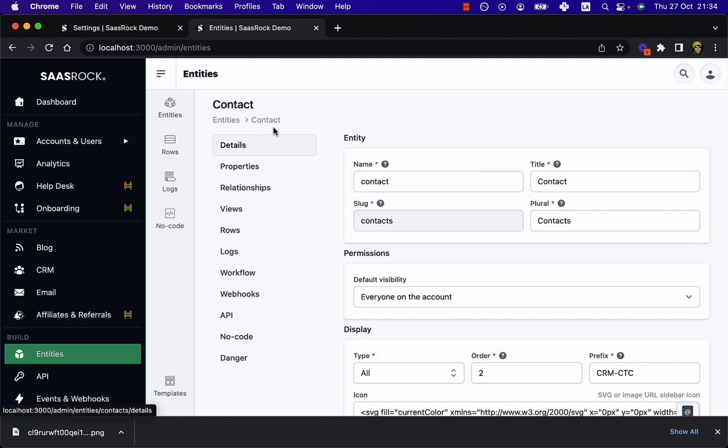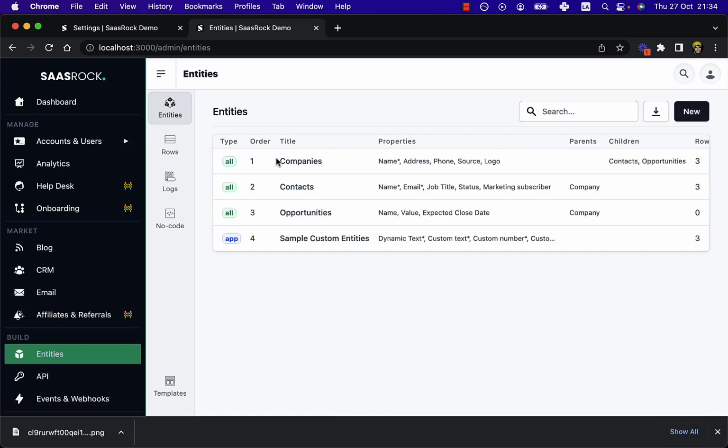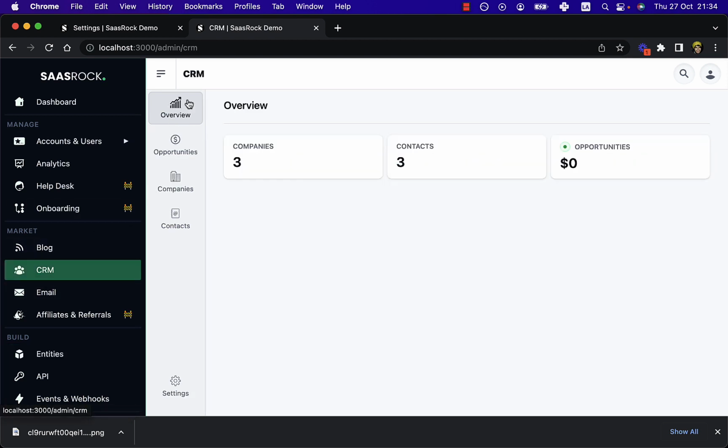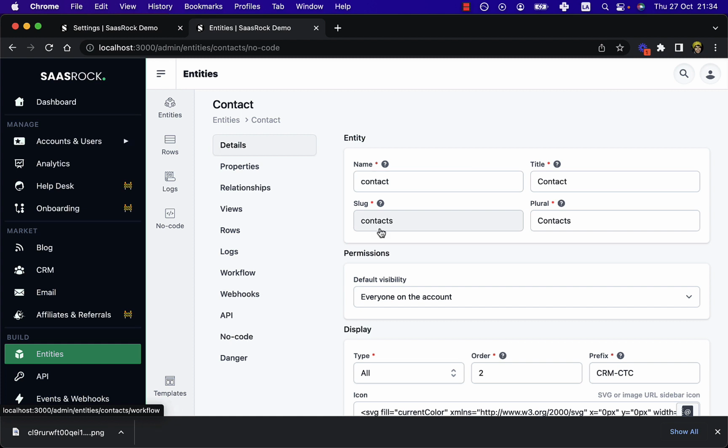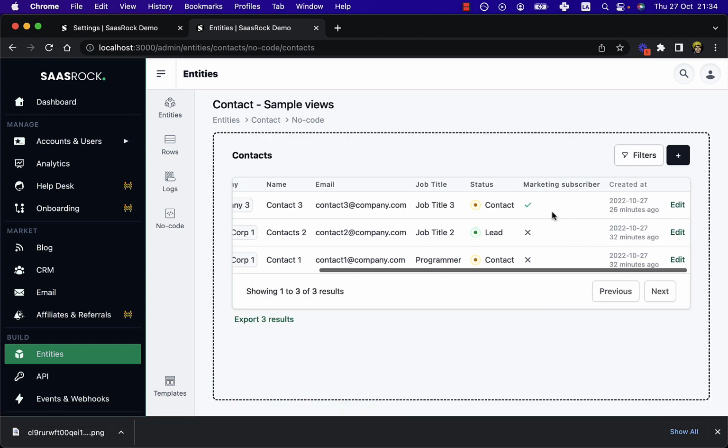So I built all of these 3 entities for the CRM, which I will need here, where we can have our contacts, companies, opportunities, and a little dashboard here with the open or active opportunities value, and have an email feature to select a custom filter of contacts and verify that the contact is a marketing subscriber, so we can send them emails like welcome to the newsletter list, or here's a coupon for you to